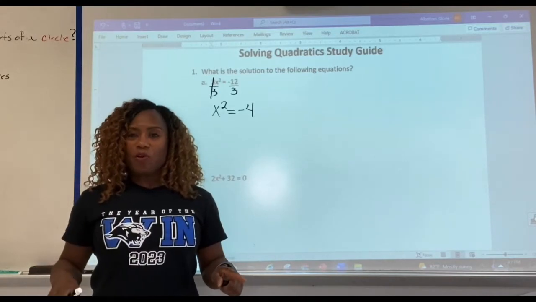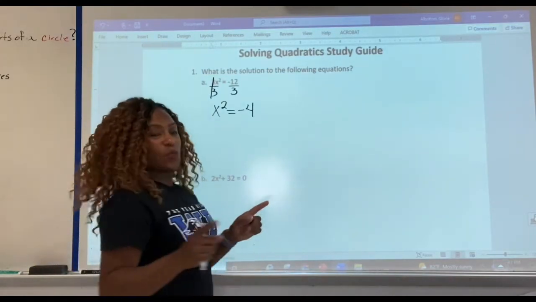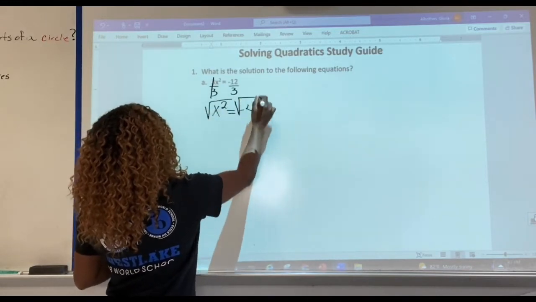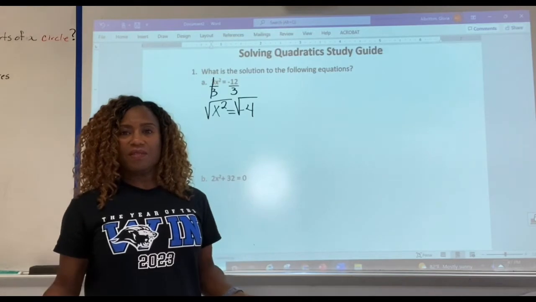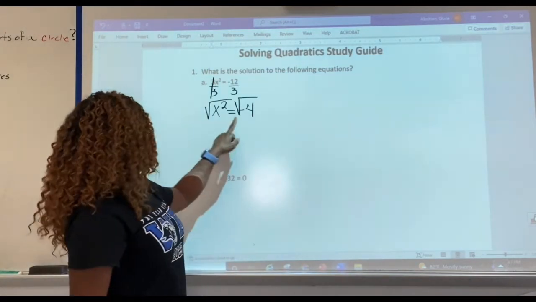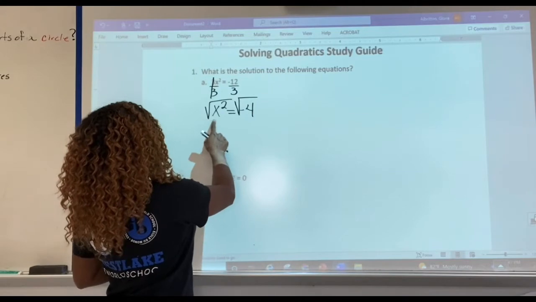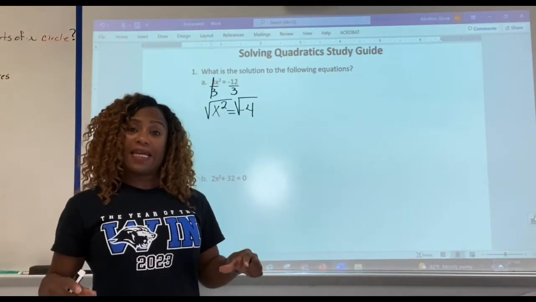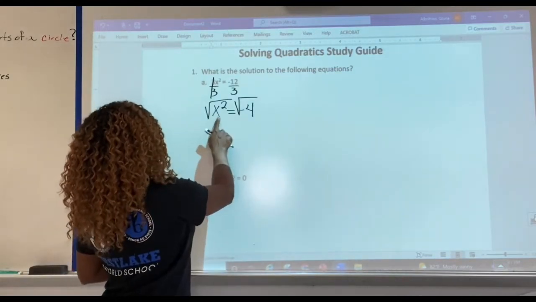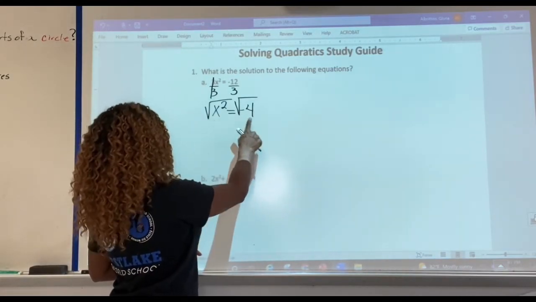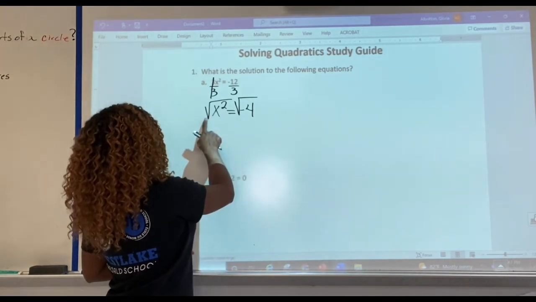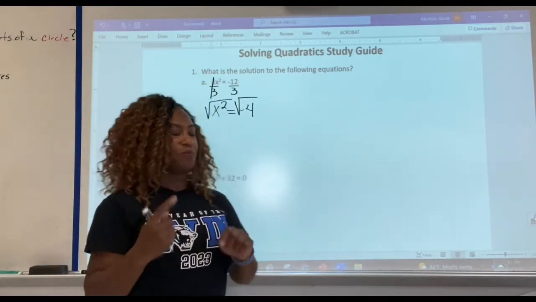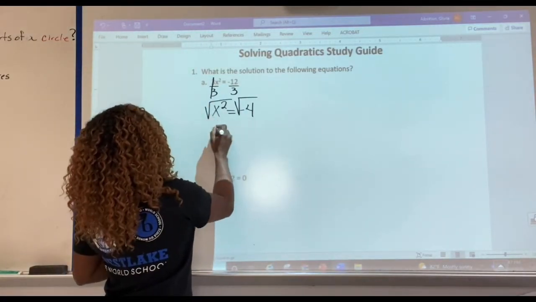So the square root part comes in here. I'm going to take the square root of both sides, and that's what this means. It means to actually put a radical sign over both of the terms. And then we're going to square root both of these. So the square root of x squared, well, the square root of anything squared would be just that radicand itself. X is the radicand because it's up underneath the radical sign. Negative 4 is a radicand. The square root and the squared are inverses of each other. In other words, they cancel each other out. So the square root of x squared leaves just x